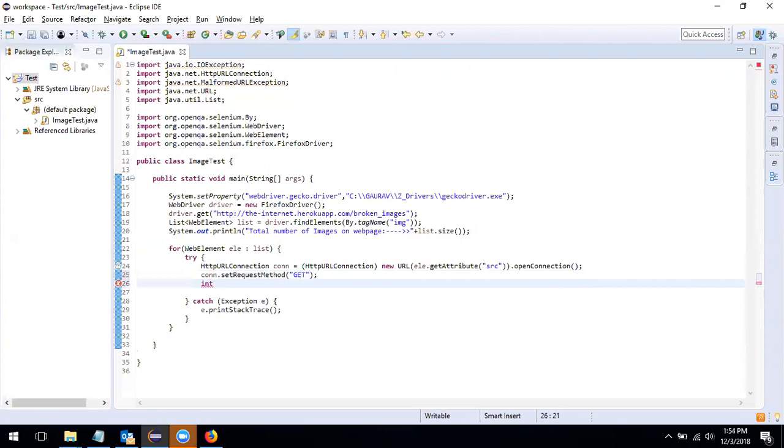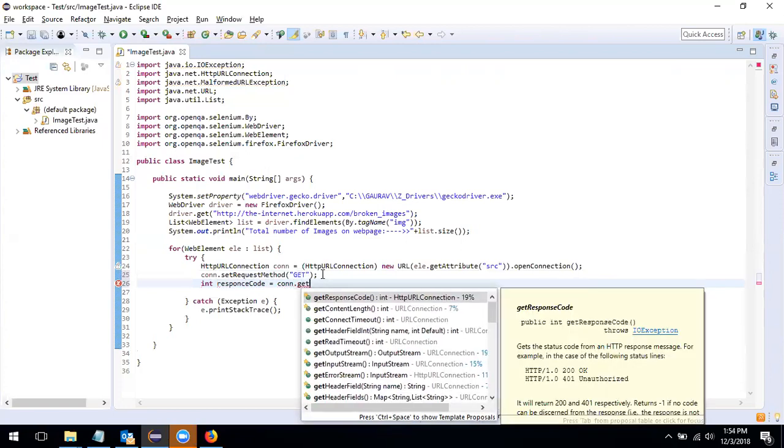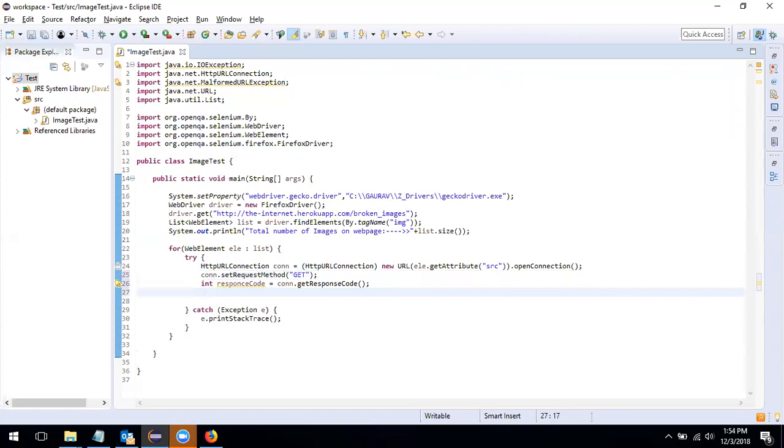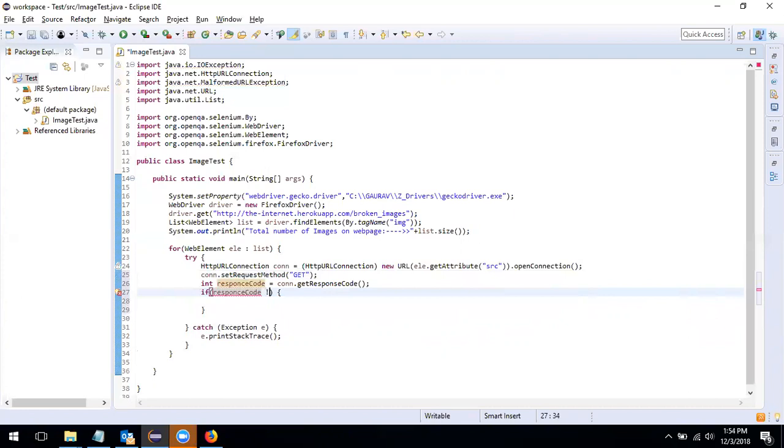We can put it like this: response code, function dot get response code. We can write: if response code is not equals to 200, then